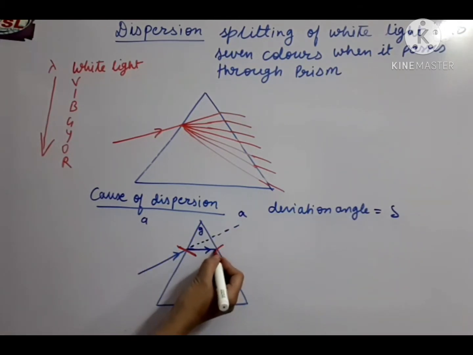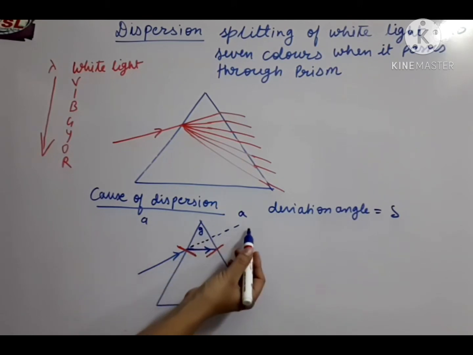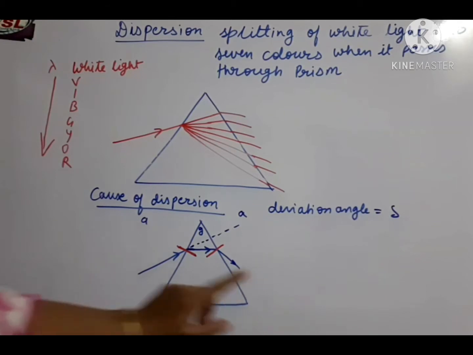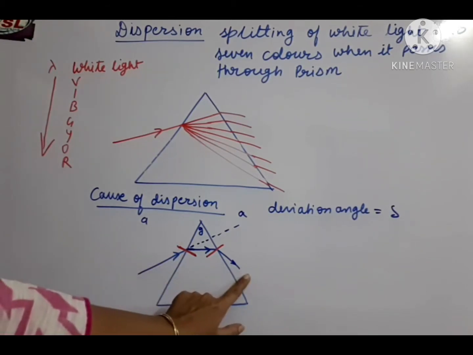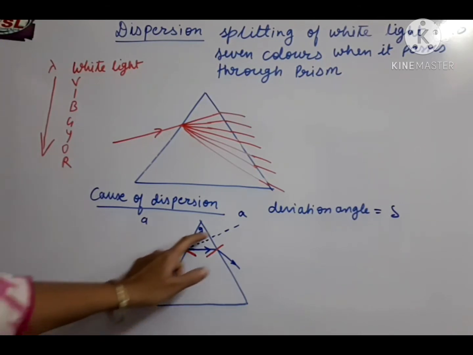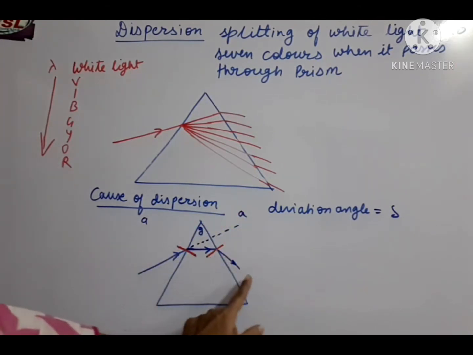Whenever there is a change of medium, you should draw a normal so that you get an idea where the light will go. So where will this light go? Obviously we are going from glass to air, that means denser to rarer medium, so this light should turn away from the normal. So this is the emergent light. This is the incident light and this is the emergent light. We should have received the light in this path, but we are getting the light in this path.